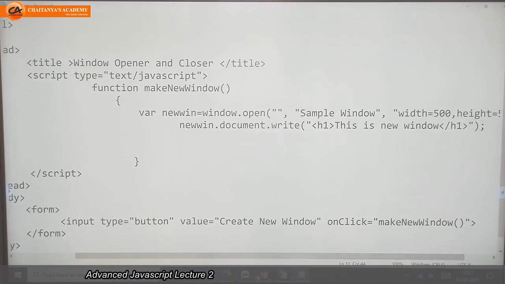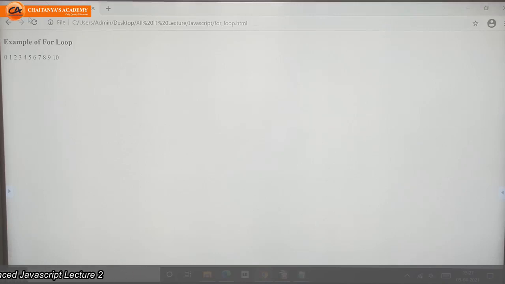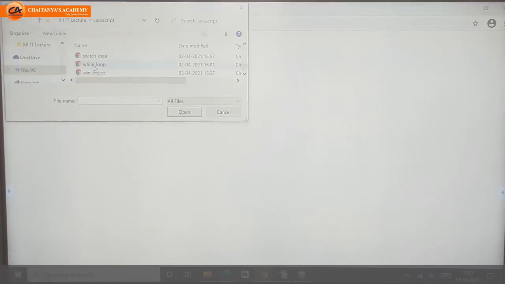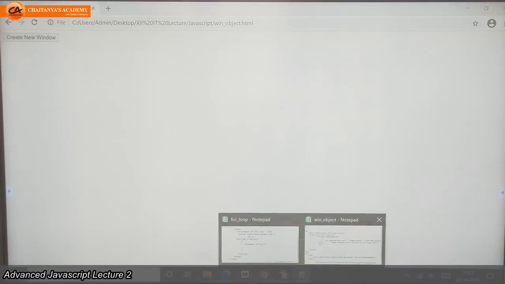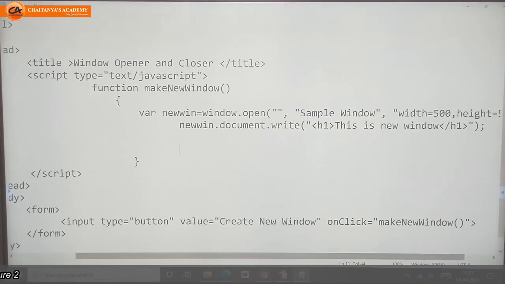So we will see the output for this. Let's check. See, by default my browser gave me one window, on the document of this window it gave me one form, on that form it has one button. Now this window is the default window, the first window, but I want to create a new window, another window on the click of that button, and for that I have written this function.